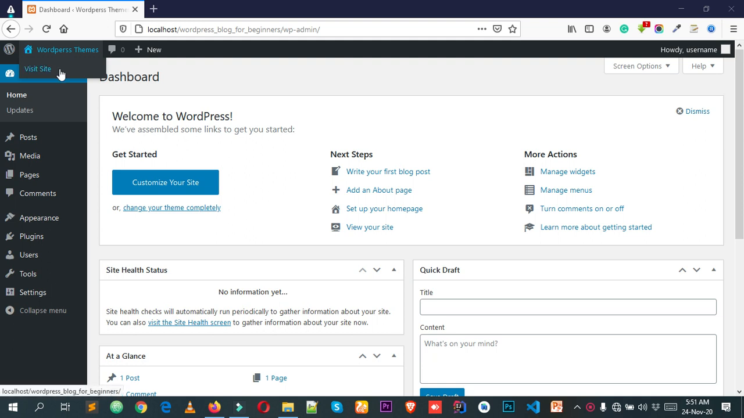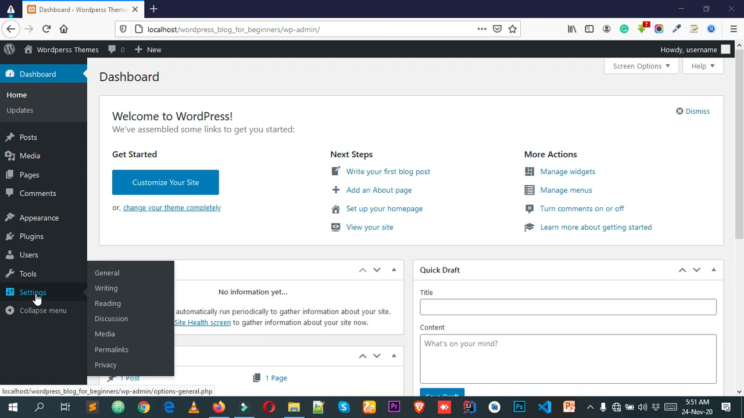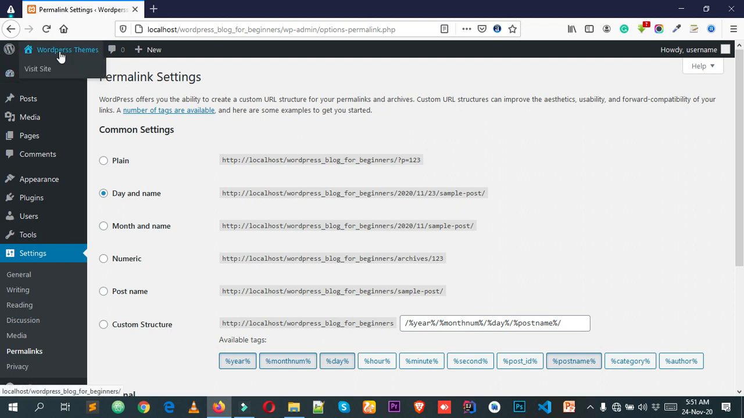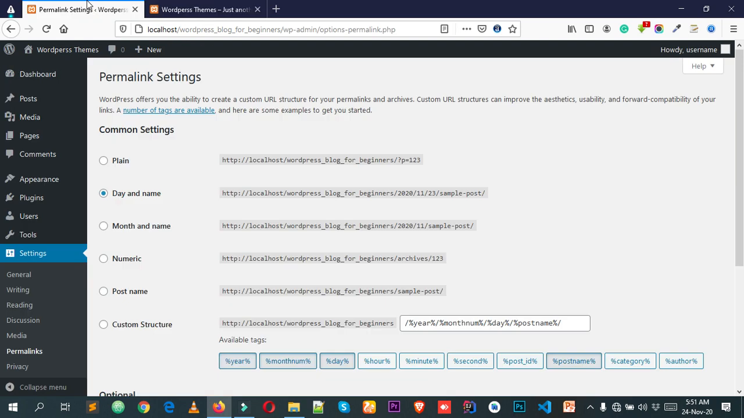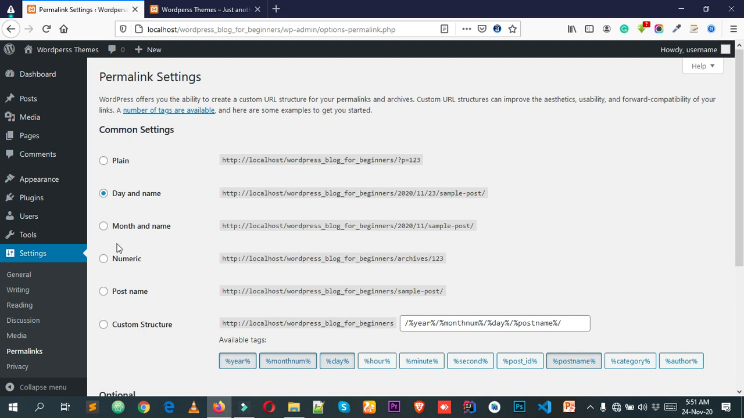Okay, and after that, what you can do is simply log into your WordPress dashboard, and after that hover here on settings, and from here click on permalinks. Okay, and let's visit our site. From here you can see that this is the WordPress website. It's the default 2020 theme. Okay, it's a fresh WordPress installation, and after clicking here you can see that WordPress already has 6 different types